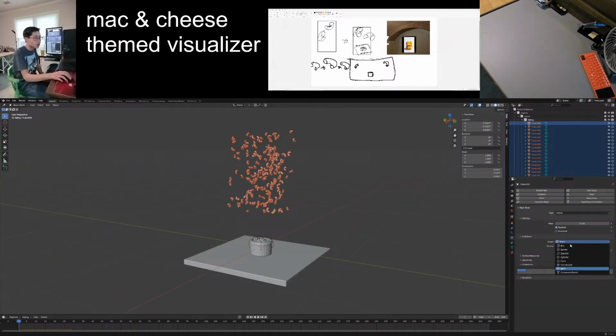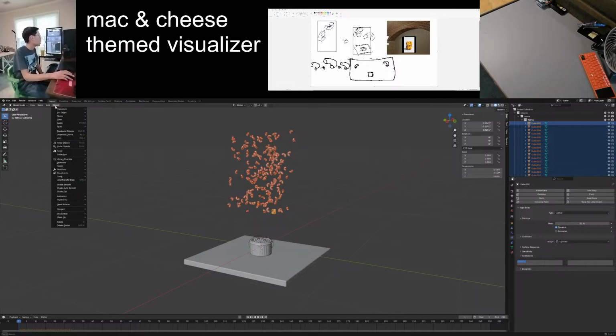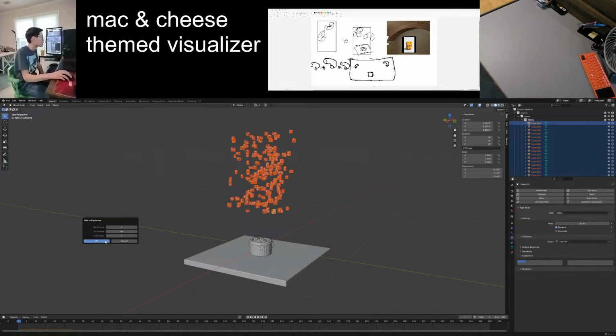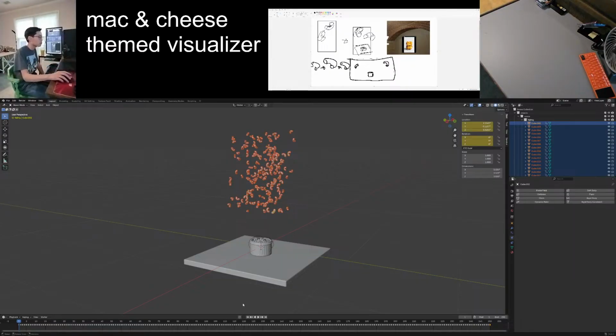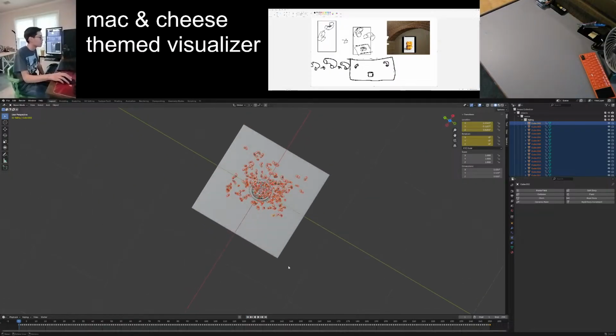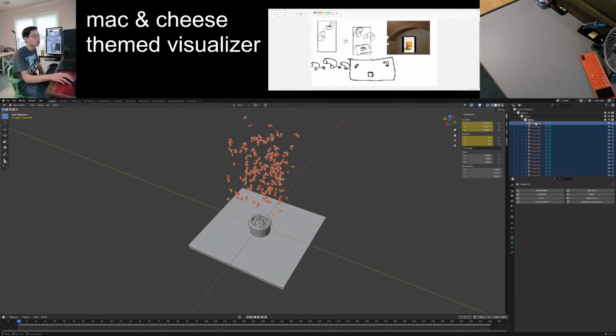This is the active one. Just change it to cylinder. Object, rigid body, copy from active, save, object, rigid body, bake to keyframes, start frame. All right. What was that? Okay, so what I think is happening